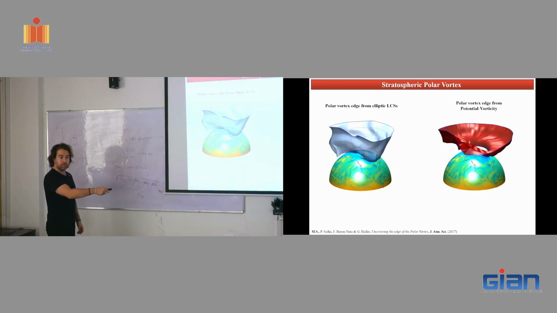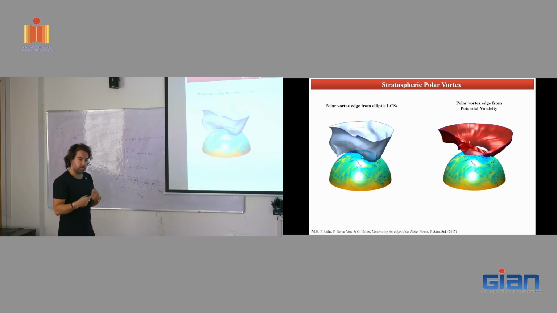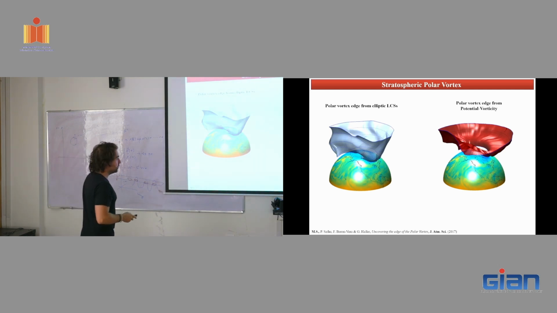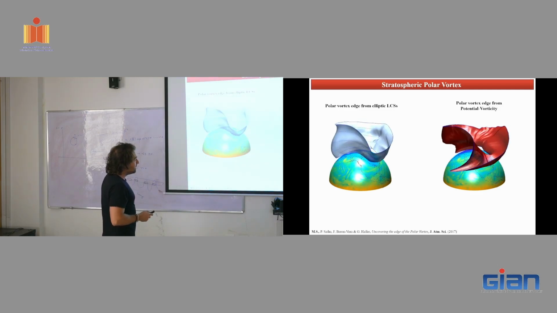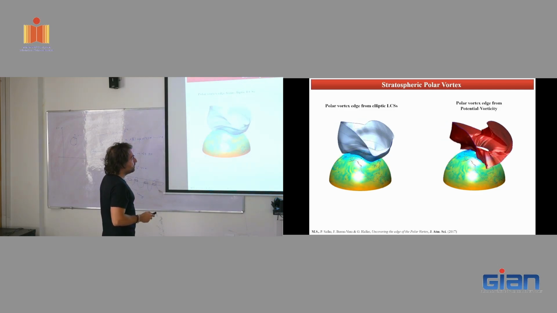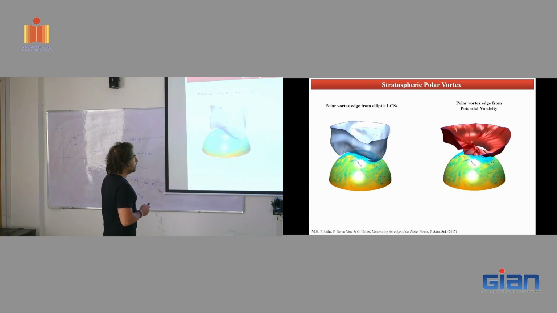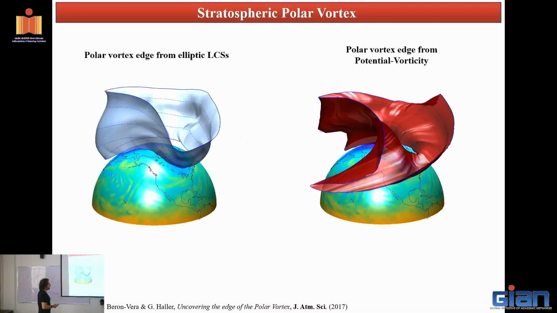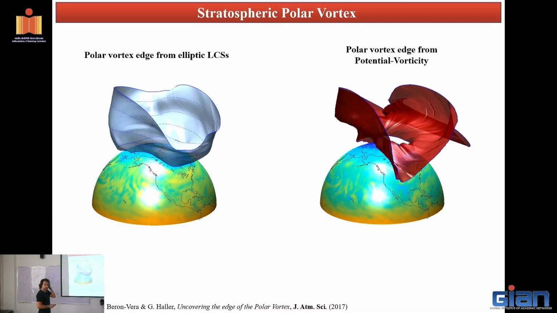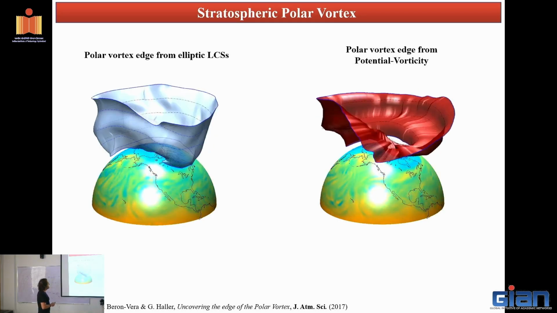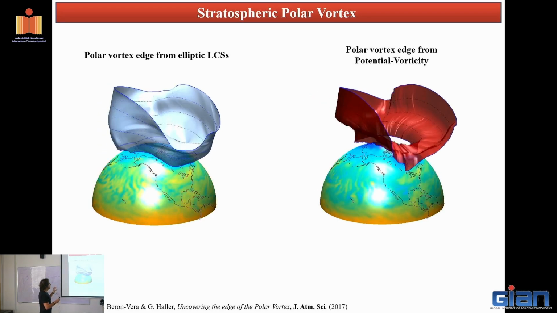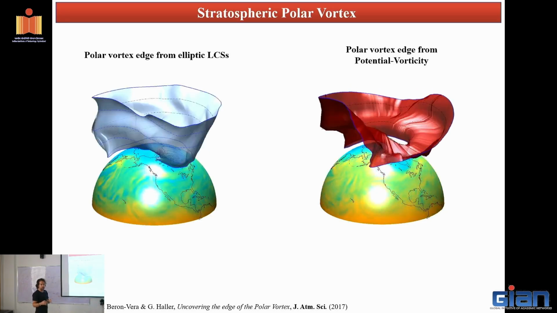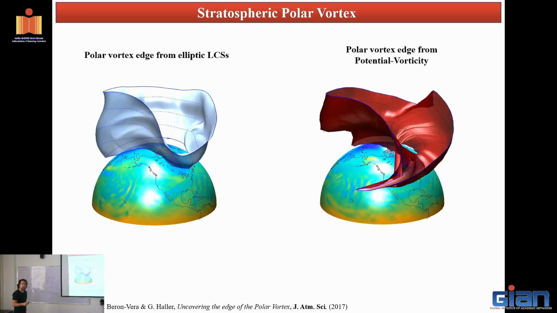Basically you would get a vortex boundary from potential vorticity. That was my understanding of what people were using as a metric to identify the vortex boundary, and you can see that this is very much jumpy, while this is very coherent. Because this is now an Eulerian assessment based on thresholds. Instead, this was designed to tell me where the regions are that are moving and deforming coherently. So watch out